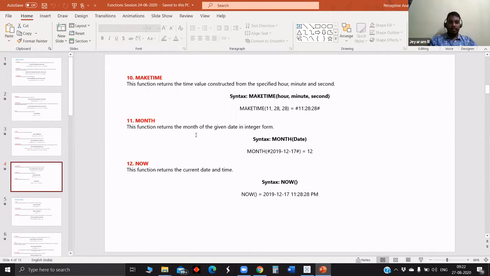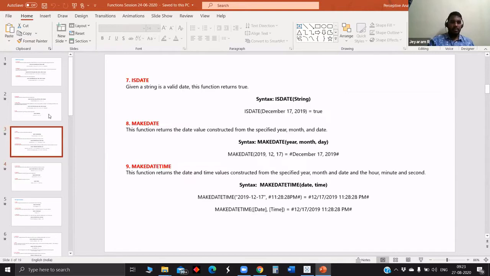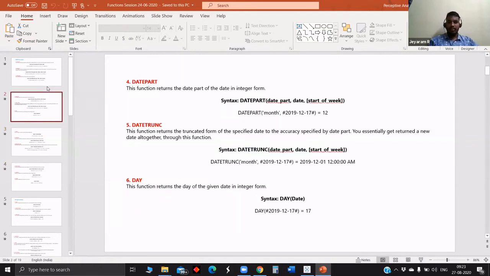and we can just take the output of time. Similarly, if you want the month of the date, we can go for the MONTH function. And NOW function returns the current date and time, everything. So these are the major functions in date. If you have any doubts in any of these 12 functions, about where to use them or about the syntax, maybe we can resolve it now and we can jump onto the session.